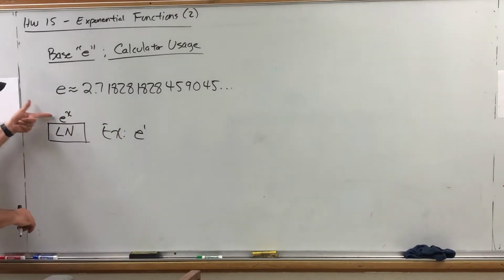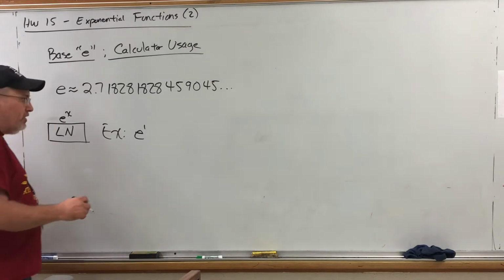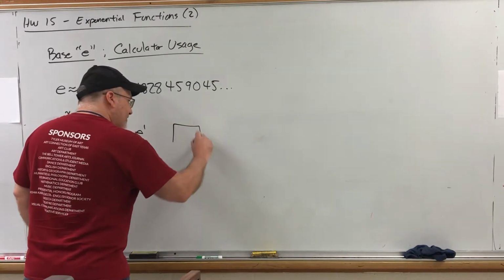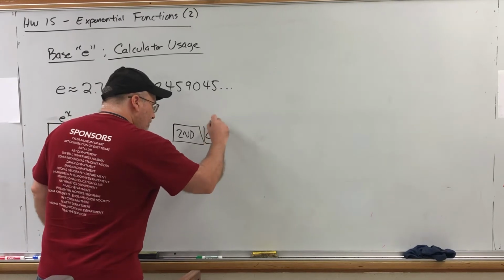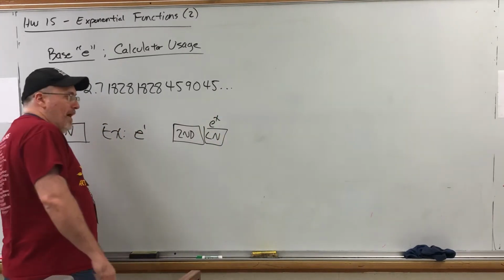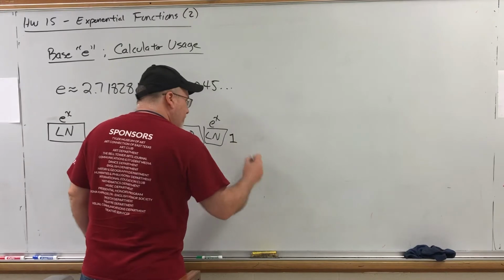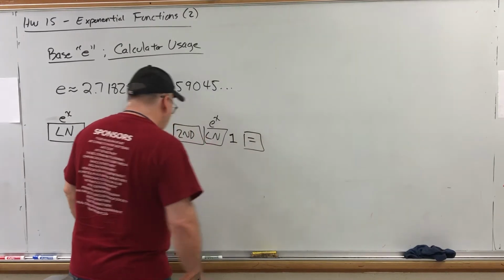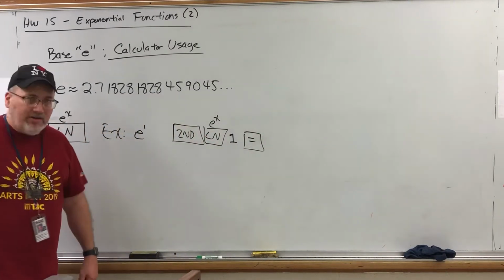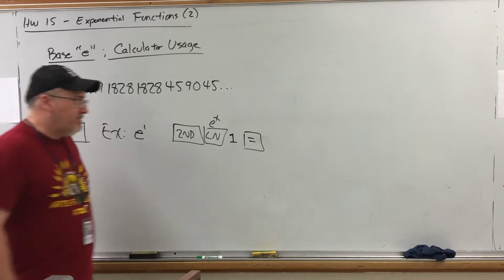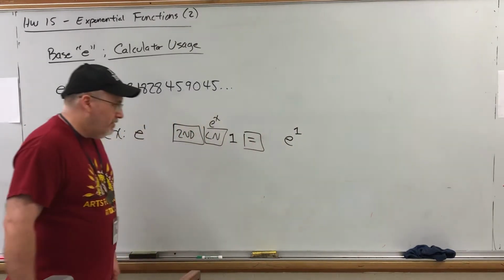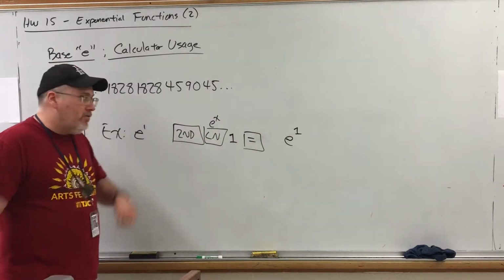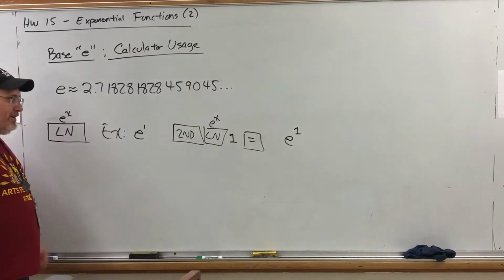To access this, you have to hit second or shift. So in a calculator, you would hit second, you would press the LN button, because that would bring up the command e to a power, and then you would type 1, and then press equals. Now, there are some calculators that will not display this. If you have a display calculator, it will type that, and it will tell you that it's about this value. But if you only have a one-line calculator,